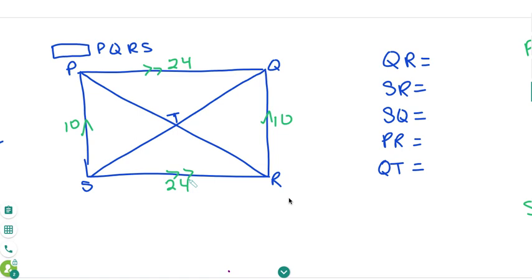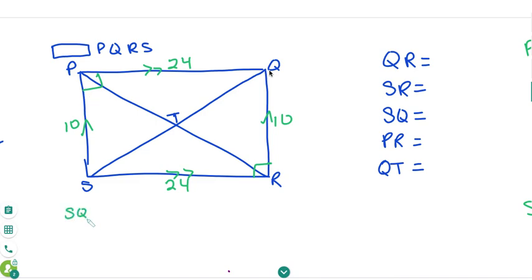Now, in order to find the length of SQ, we have to remember that this is a right triangle and this is a right triangle. So this is the hypotenuse of both of those right triangles. So I can find SQ